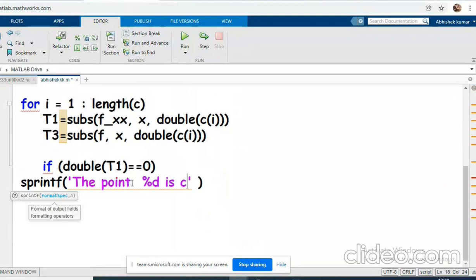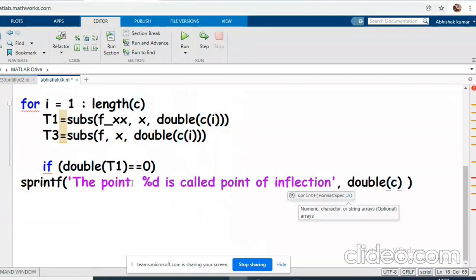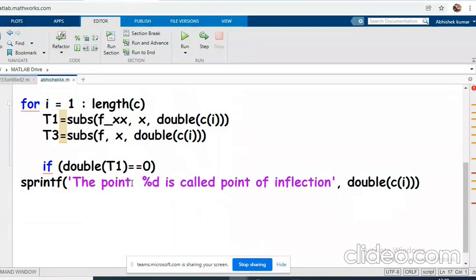One percentage d is called point of inflection, comma, double T1. This percentage d will be replaced by the c at which T1 is 0. So first condition, if T1 equals 0, the point is called point of inflection.